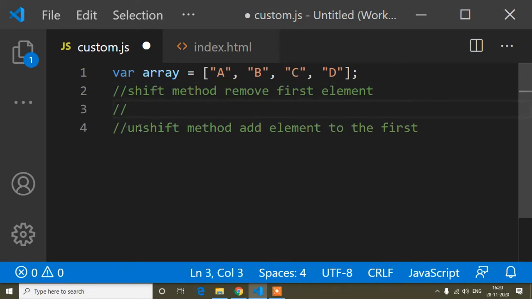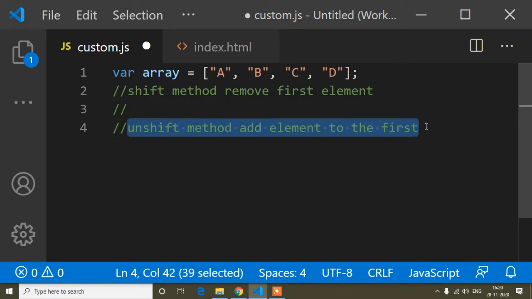So guys, if you saw my previous tutorial, you know the splice method also adds some value. So here you can see the unshift method adds some element to the array. The splice method also adds some element to the array.